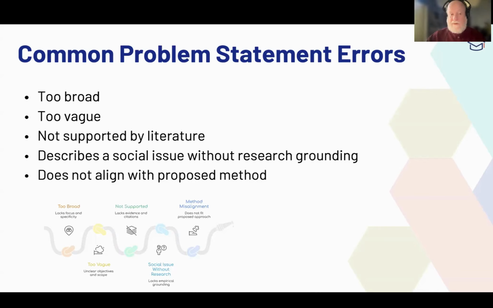I see a lot of times problem statements not really supported by literature, or supported by literature that's really old. When I'm working with my writers, I try to get them to ground their problem statements in literature no older than 3 years. That way, if a committee member says, well, it seems like an old problem, you're showing with current literature around the research gap that it's clearly a current problem. And that's what you want to do for a dissertation, to ensure that you're addressing a current problem in your field.